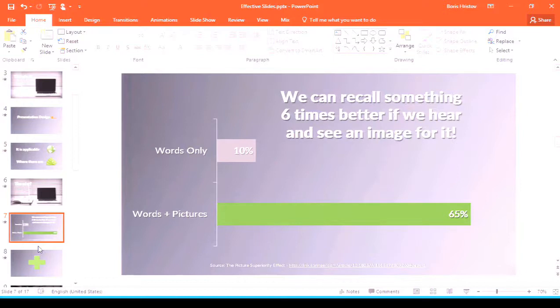So, let's see how we should design charts. Pro tips for you guys. First and most important, whenever you are going to have a chart on your slide, and you place a title on that slide, please create the title in such a way that it summarizes what the people are seeing. Don't place, for example, I can say that I cannot write this, I will remove it, and I will say the percentages of, I don't know what,